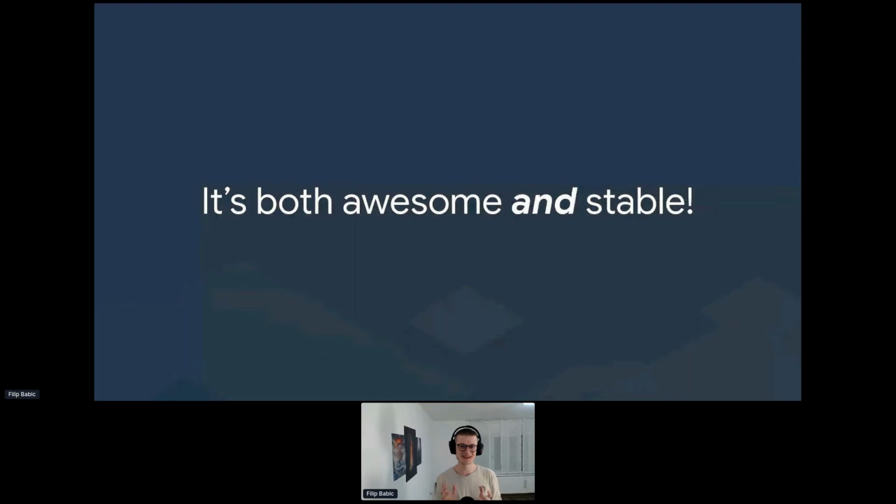So kind of to sum it up, I think Compose is very, very awesome. It's really easy to work with and really easy to develop features with. And we managed to build, fully fledged, I guess, Chat SDK in a couple of months, which is really awesome, really cool. So it's both really well developed and really easy to use, but it's very, very stable as well, because we managed to build a really rich set of features just in a few months, as I mentioned.